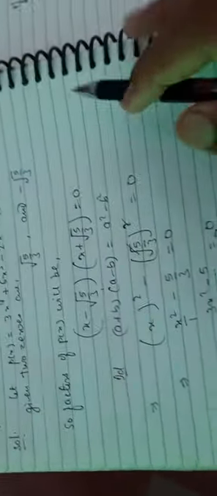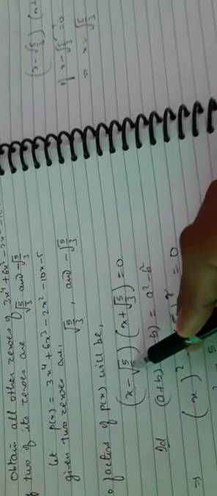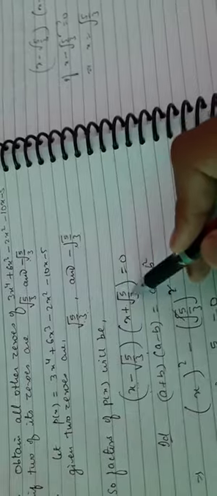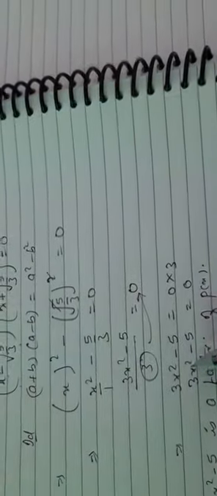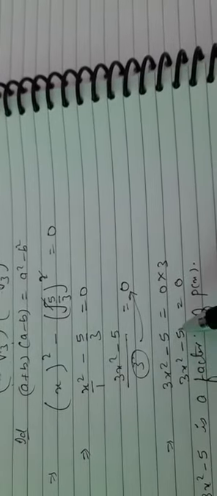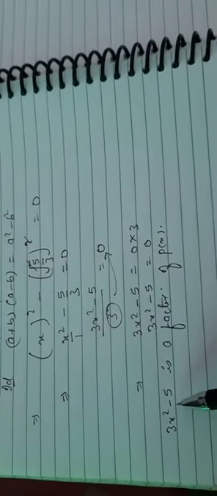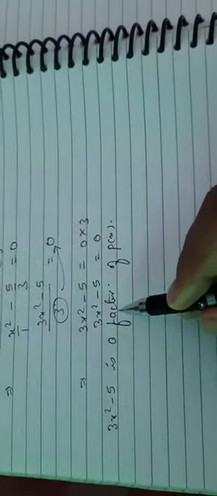We will start from the given zeros, not from the polynomial first. Firstly we start with the zeros. We take one time minus and one time plus, x - √(5/3) and x + √(5/3). After that we use the identity and we get one simple expression here, 3x^2 - 5 only. Don't take equal to 0 now, because it is g(x), your divisor. Now we have to do long division, like I taught in the last video. This we will divide into the polynomial p(x) because it is a factor.